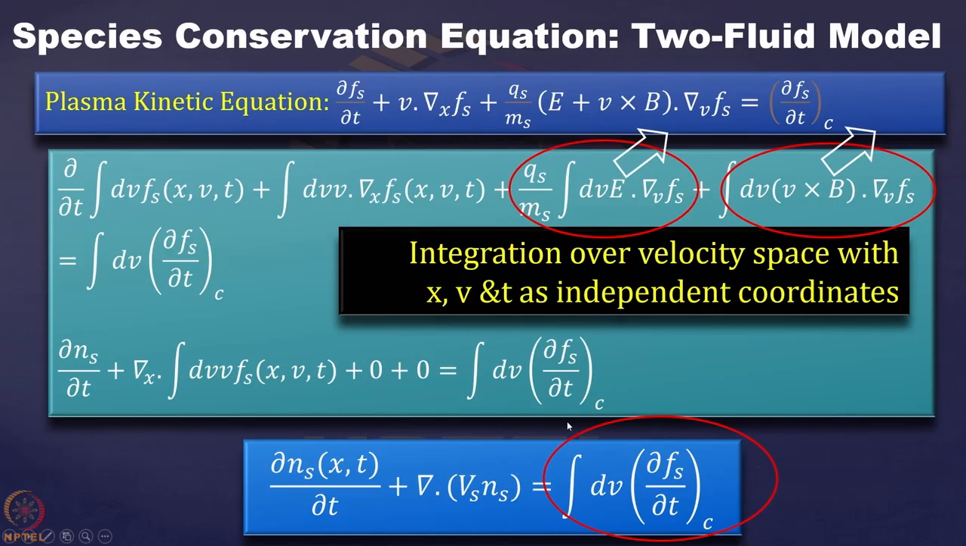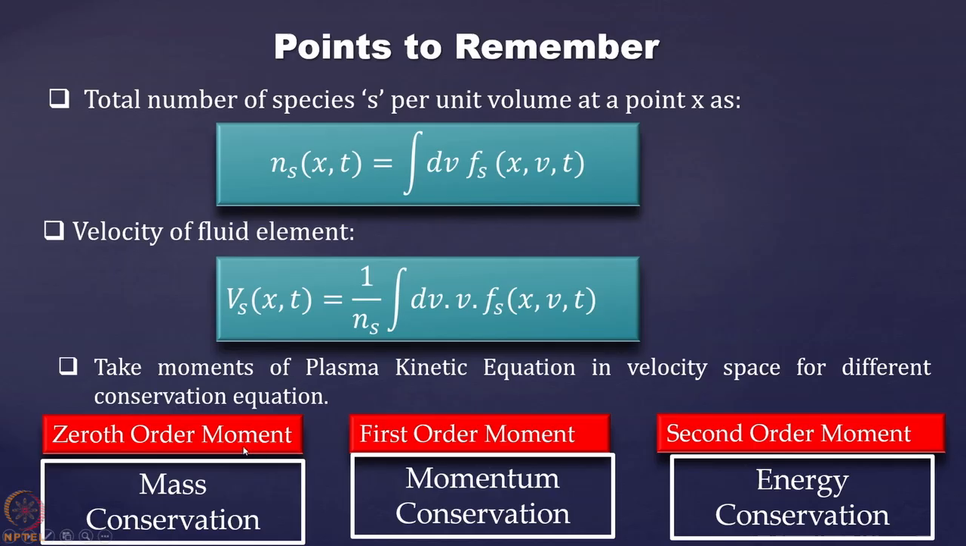So what we are starting in these days is the two fluid model, and we were deriving the species conservation equation from the two fluid model. We started with the plasma kinetic equation, and then we took different order moments, like the zeroth order moment. We said that we will get the mass conservation equation,